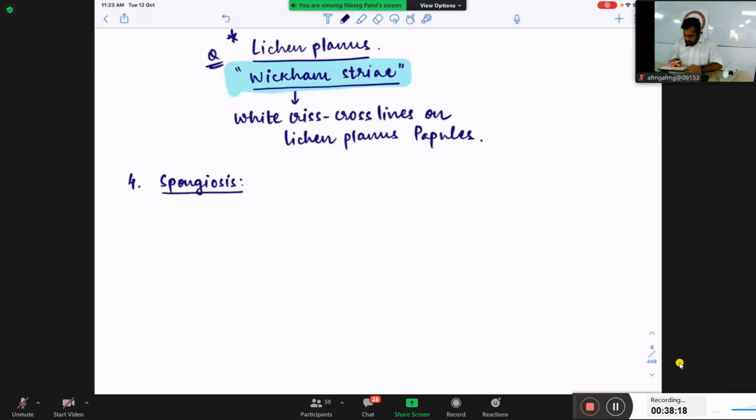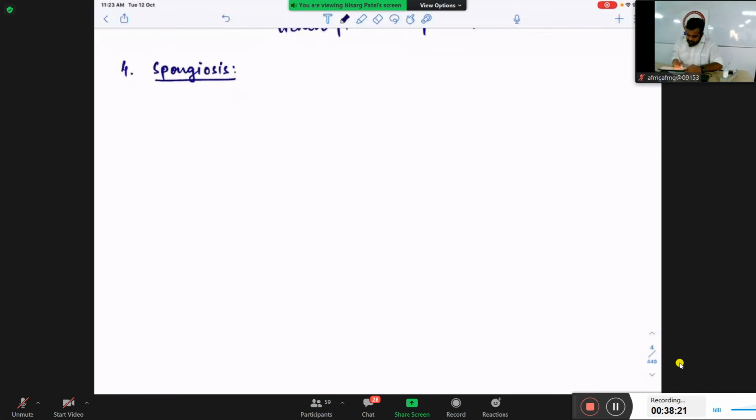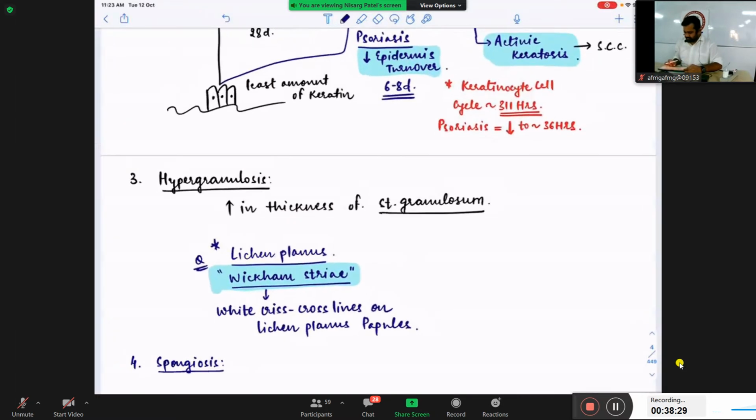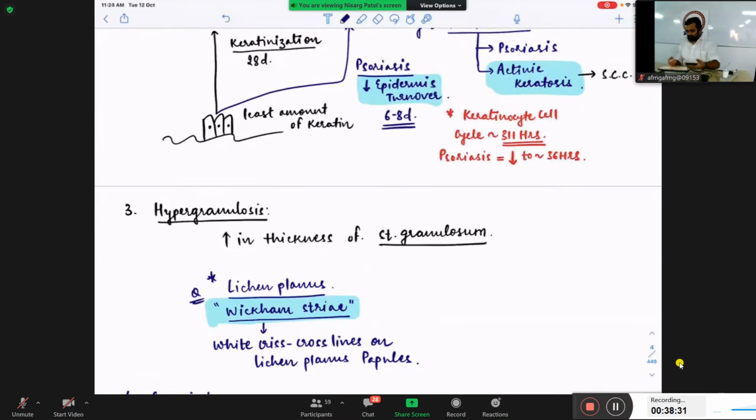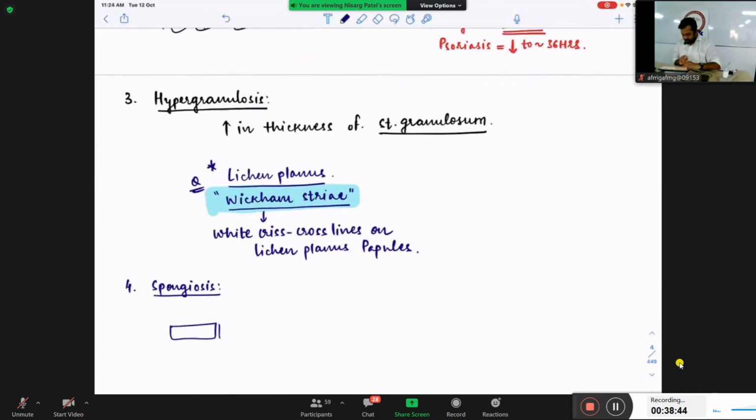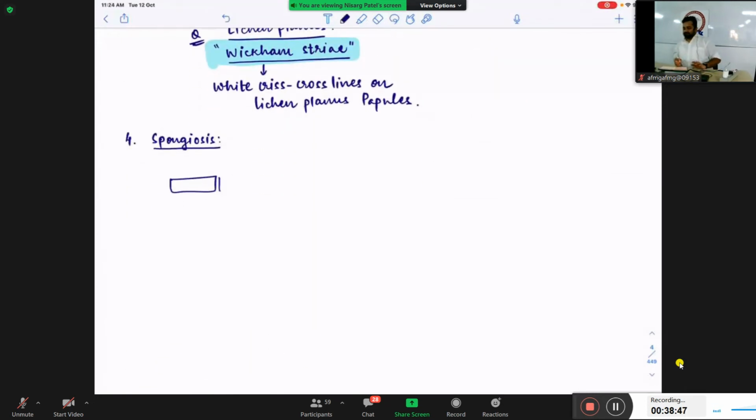Next term is spongiosis. In spongiosis, you remember our skin. See, in spongiosis, our skin generally gives a protection